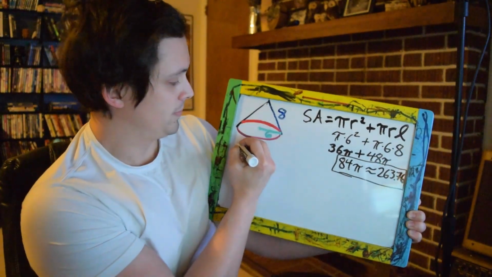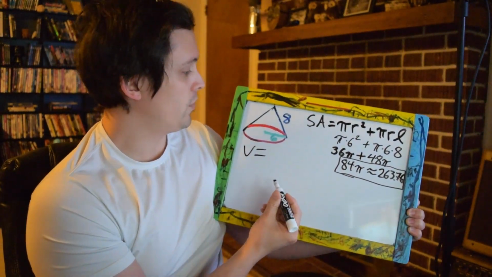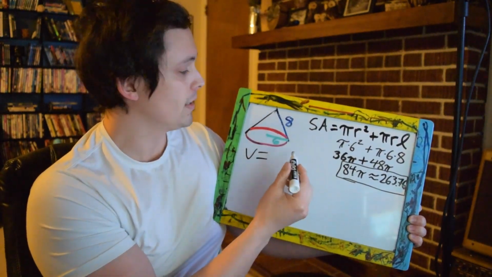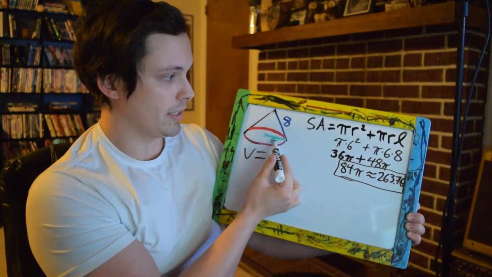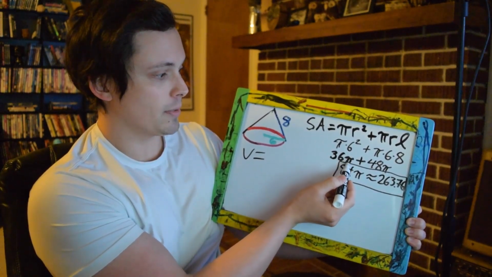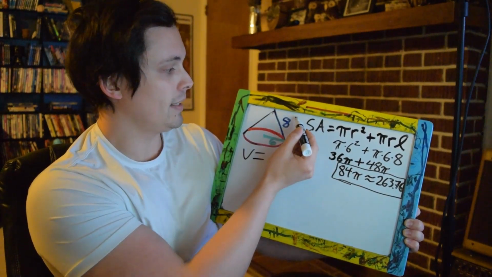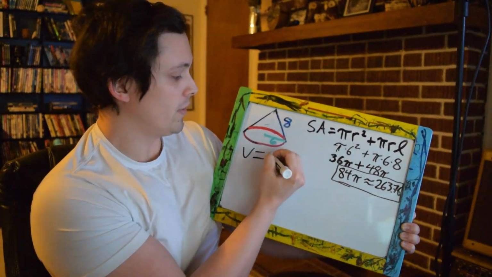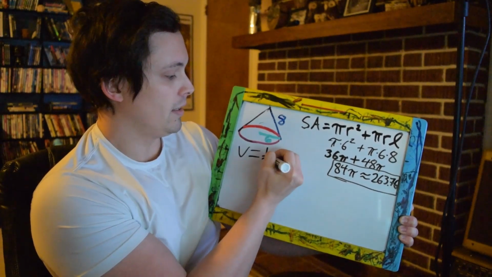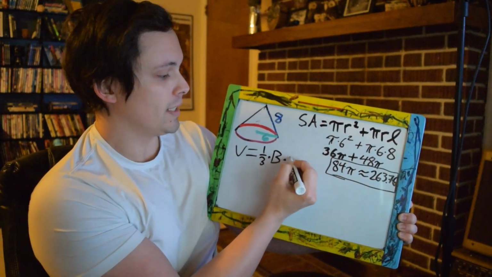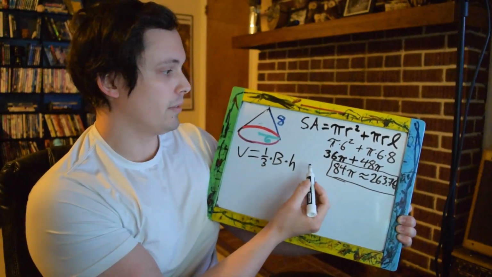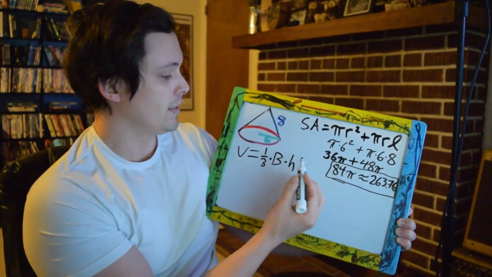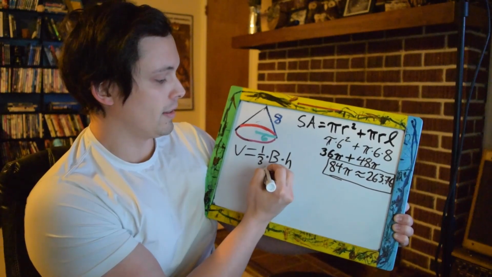Now for volume, the formula is that it's 1/3 of a cylinder that would be the same height. The cylinder would be the base area, the circle area, which we've already figured out is 36 pi, times the height, and this would be 1/3 of that, so either times 1/3 or divided by 3. So the volume is 1/3 of the base area times the height. The base area, remember, is pi r squared. So in this problem, it would be 6 times 6 times pi. 6 times 6 is 36, so this will be 36 pi